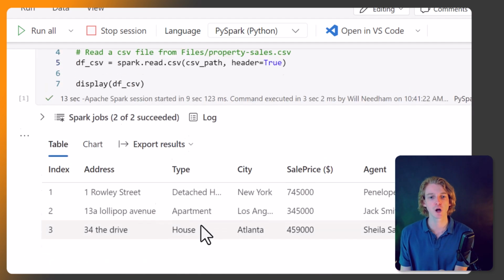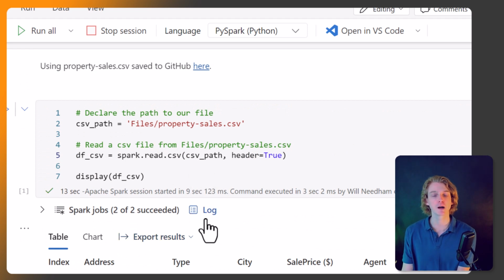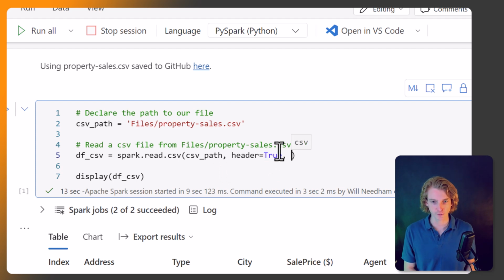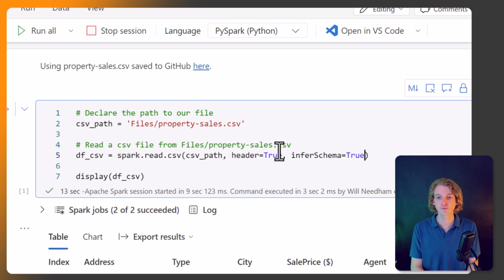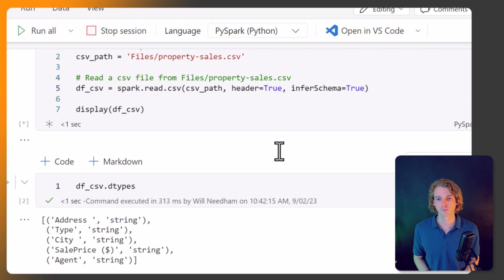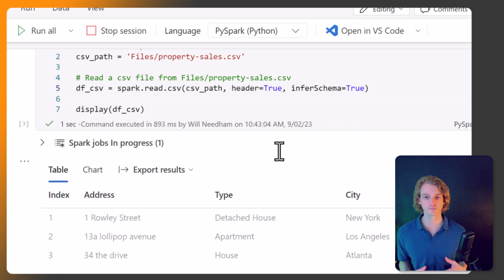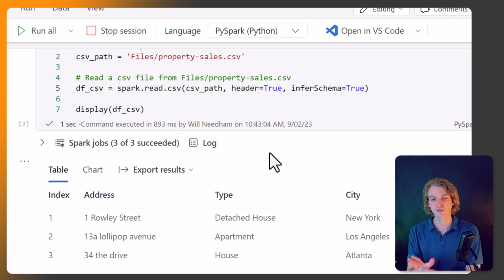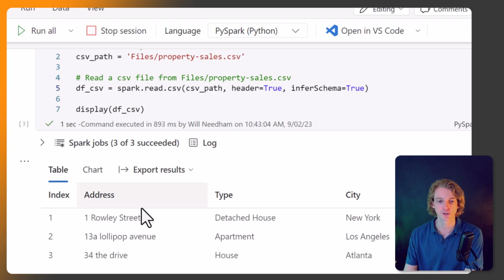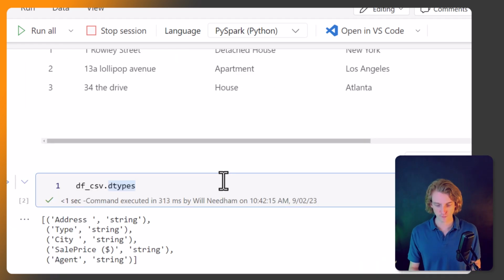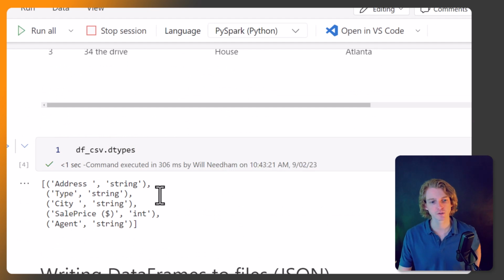And this is just hammering home the importance of a schema. So another parameter that we can pass into read.csv, and this is what I was mentioning in the last video, is inferSchema. So in my last video I mentioned that this isn't perhaps best practice. It's a bit lazy because it's forcing Spark to do the work for us. So it's going to go into each of these columns and have a look at the data that you've given it in this file. And now if we run it again, this data types, well, it can see that now